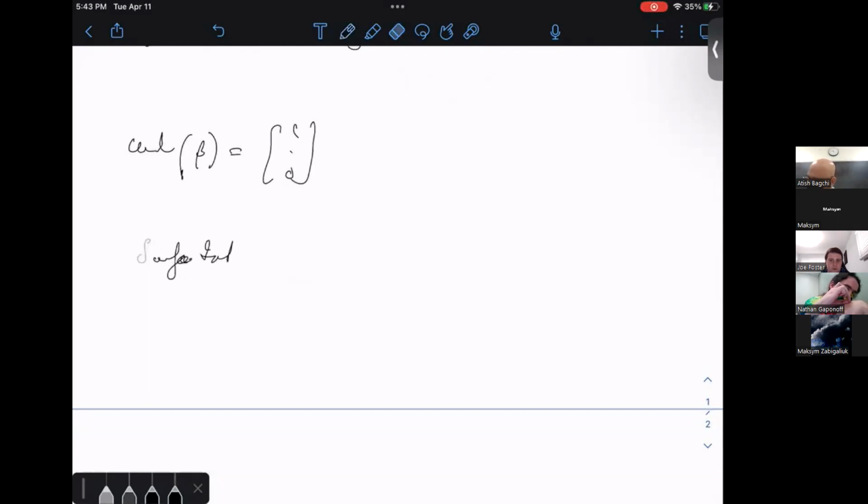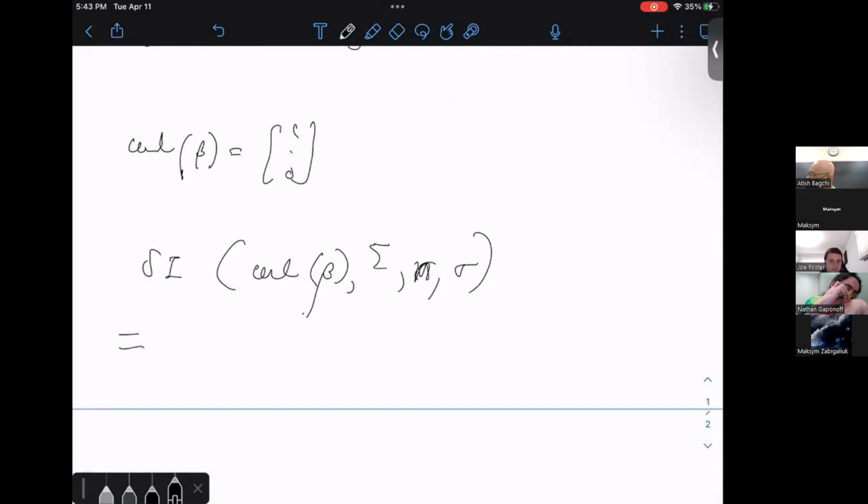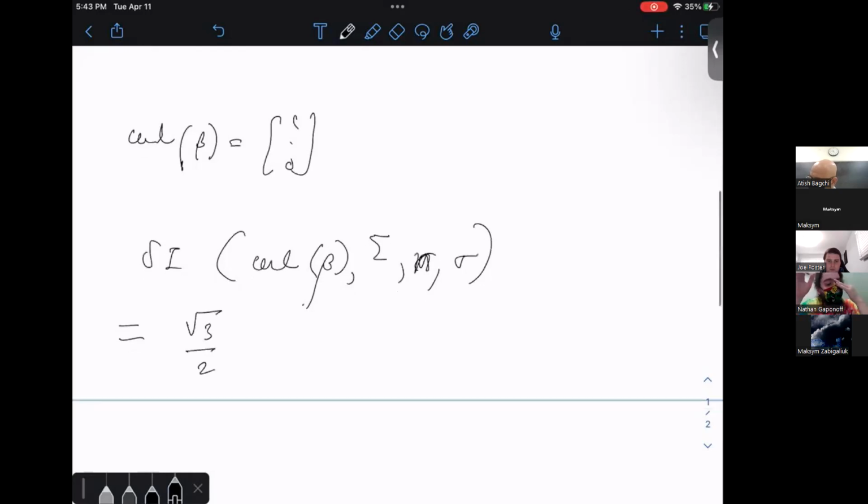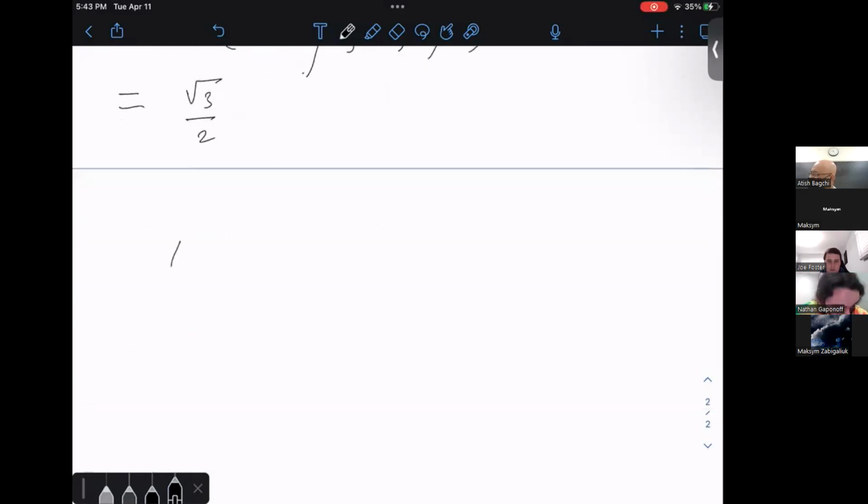So that's SI. A surface integral of curl of beta dot n dsigma, sigma is equal to how much? That I calculated? Yes, I must have calculated it. That's square root of 3 over 2. And then line integral of